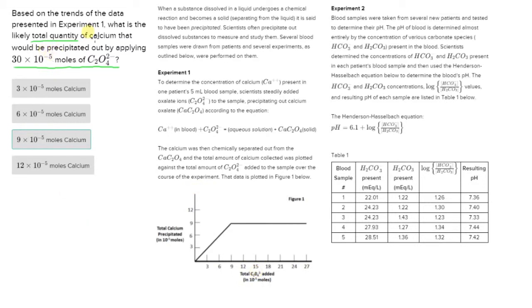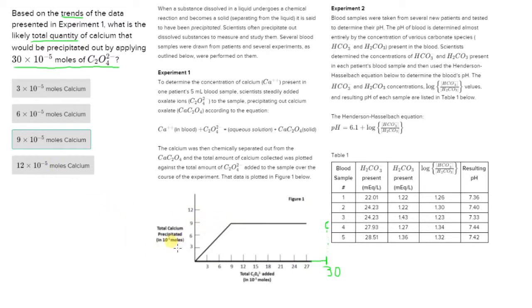So what they're asking us for is, based on the trends in this data, what is the most likely total quantity of calcium that we precipitated out? So if we're looking here, 30 would be somewhere about here. We'd be looking at about 30. And so we're going to be going up and looking for where 30 would intersect with the projected data. And so the trends in this data, the total calcium precipitated out, it stops right here at 9